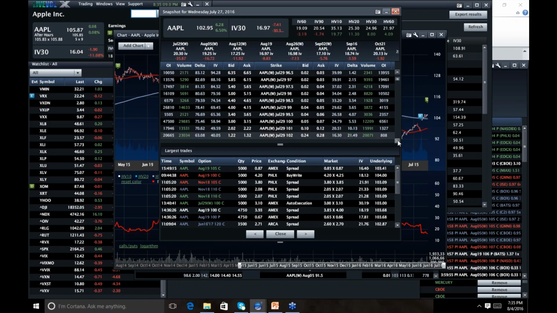You know, if I bought the 97s, obviously I made $4. Great trade. I paid $2. It's now worth $6. I made $4. We like that. But look how well my 99-103 spread does. I paid 80 cents instead of $2, and I still made $3.50. That's not so bad. In fact, that's great. By buying something inside of the expected move and selling something outside of the expected move, I can do really well.